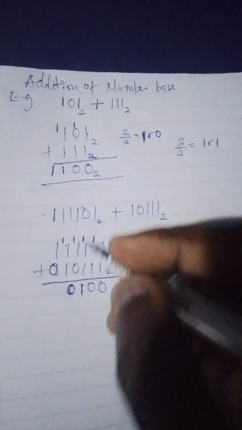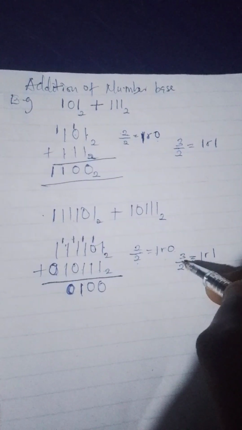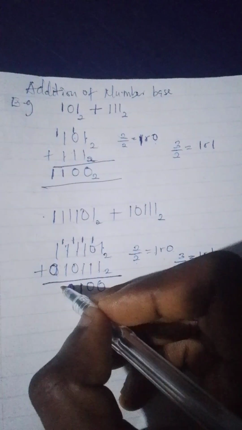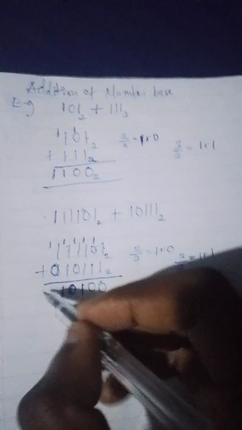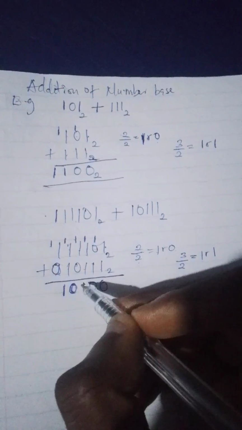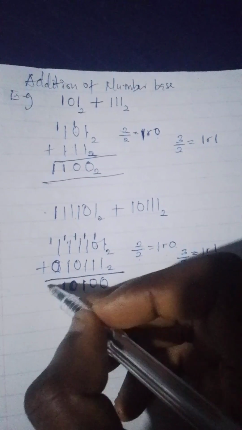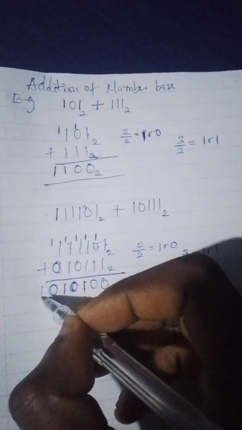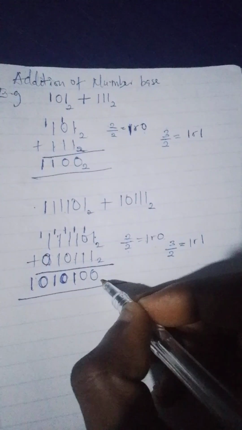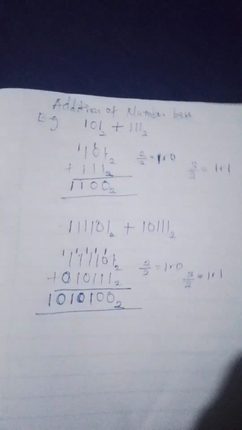1 plus 1 plus 1 is 3. So 3 divided by 2 is 1 remainder 1, which is 1, then carry 1. Then 1 plus 1 is also 2. 2 divided by 2, that will be 1 remainder 0. So you write the remainder first, then 1. And do not forget your number base. That's it. This is how to add